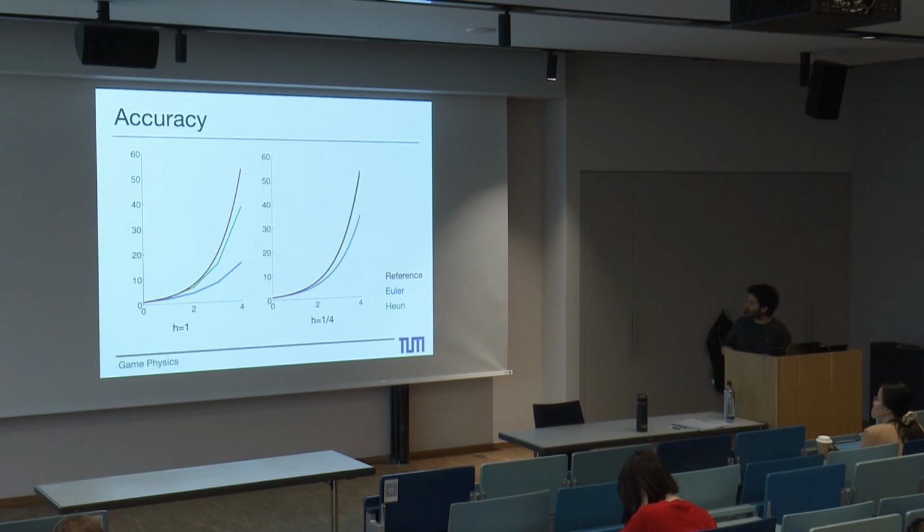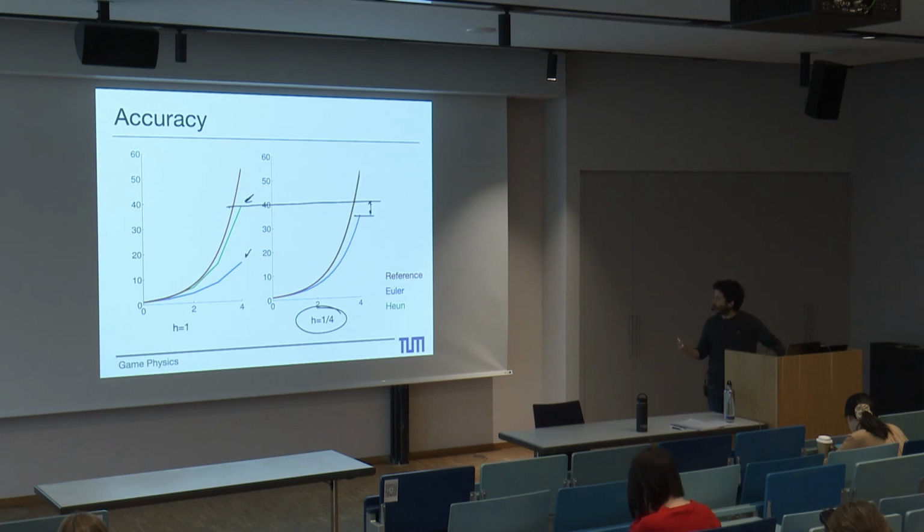So this plot is a visual representation of what we were discussing. You can see that if I have a step of h equal 1, and I perform a second order evaluation here, second order evaluation here, and the first order here, then my accuracy essentially goes around here. If I'm using a step 4 times smaller using Euler, I'm still not matching it, even though I'm making 4 times the number of steps. So in general,